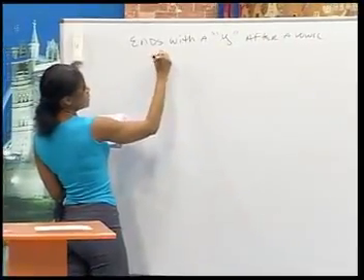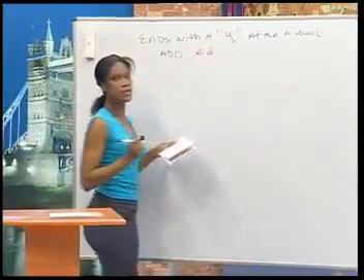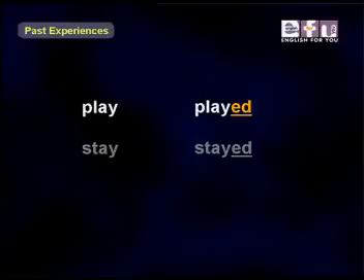We just add ed for the past tense. So play ends in a Y after an A, which is a vowel. So in the past tense, we write play plus ed, played. Okay, same with stay. Again, the Y comes after a vowel, after the A. So in the past tense, it's stay, and we add